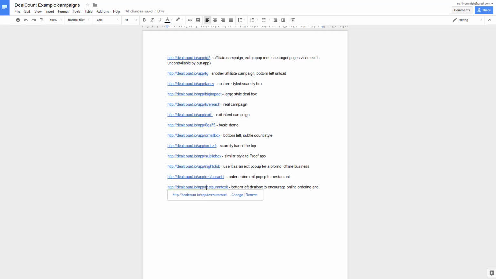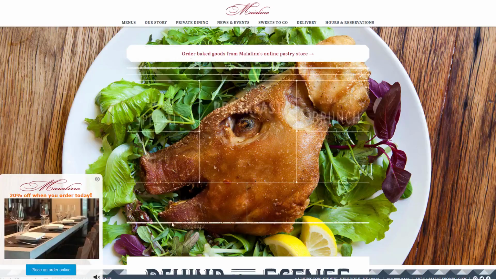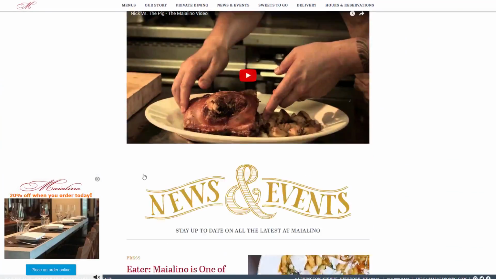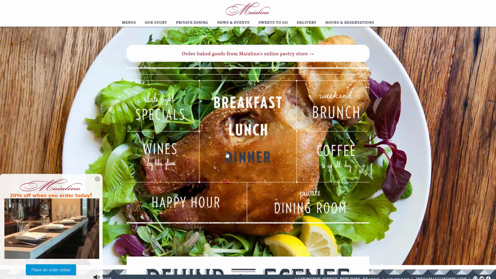And the last demo I'm going to show you here now is a similar one for a restaurant, only it's a more subtle one on the bottom corner and stays there on the page. So what you can do with DealCount is you can add these campaigns on any website, even websites you don't own. And this is a great way to get clients, because what you can do is you can just go